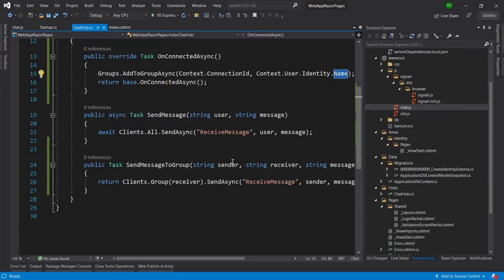Because I do not need the sender here, I will remove the sender from here. Okay, so only the receiver will be here, and then again I need to remove the same thing from here, but I will not remove this from here.